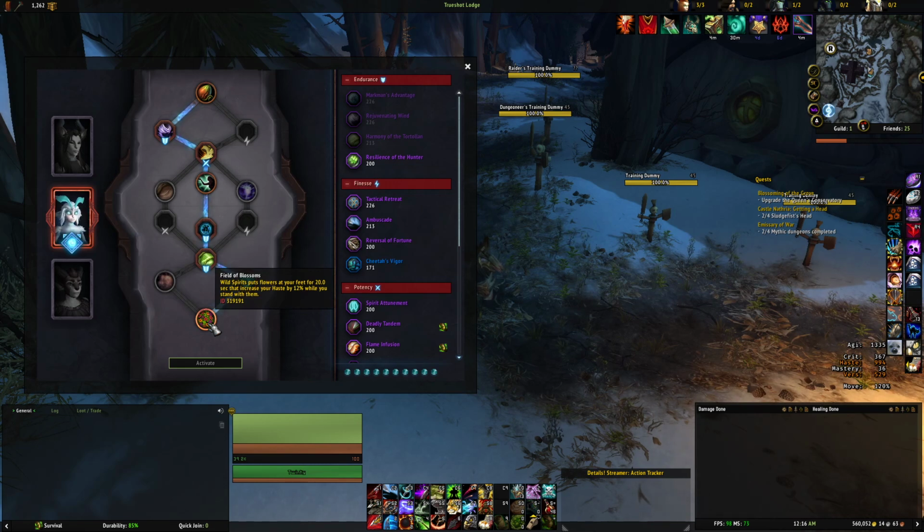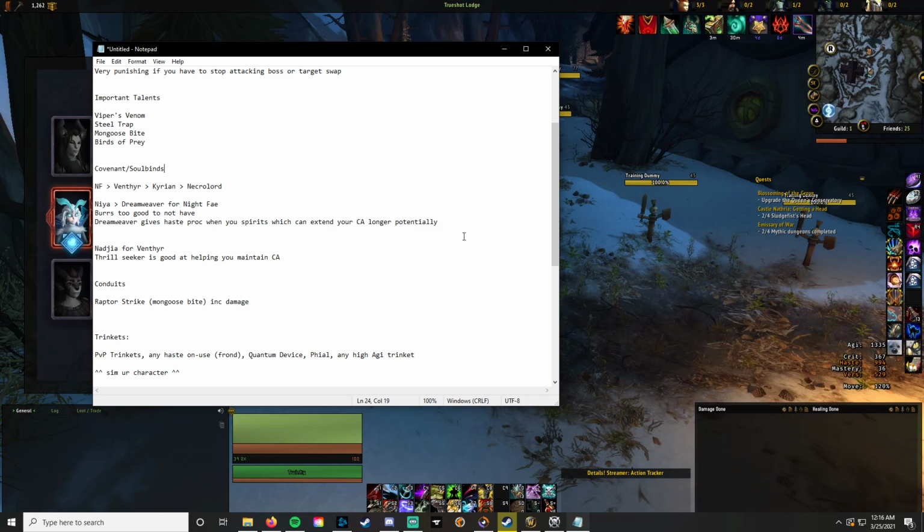But it's a 12% haste buff, which again, helps you maintain Coordinated Assault. That's going to be a running theme. Everything you do is to make sure Coordinated Assault is up for longer. If you're Venthyr, for example,